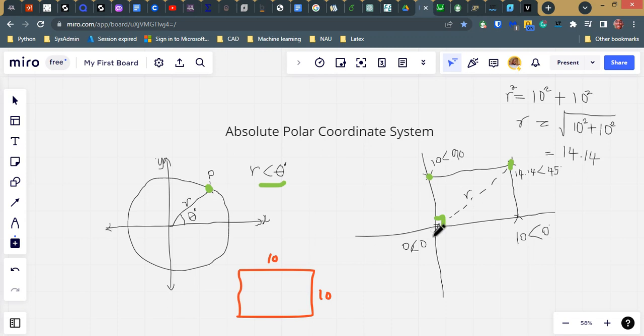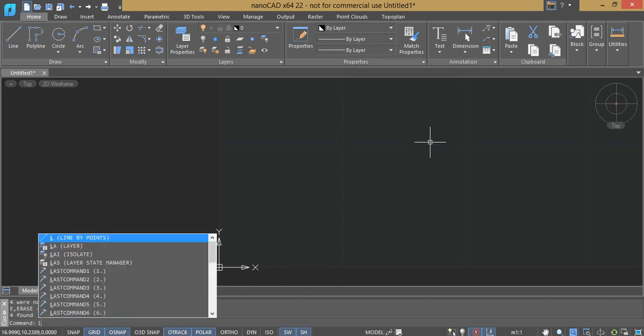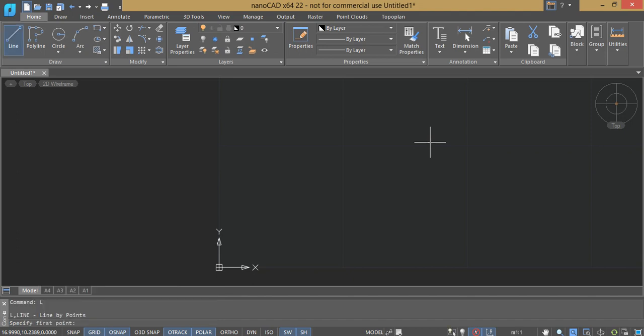So let's proceed to NanoCAD to see how this is done. This is NanoCAD. Everything I'm doing here applies to AutoCAD as well. If I type in L and press enter, I'll get my line command active. That's because L is the alias for line in NanoCAD and AutoCAD. So at the prompt to specify my first point, I want to start from the origin, so I'll just type in